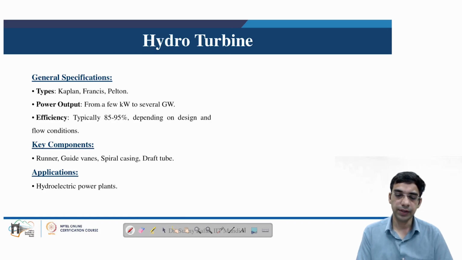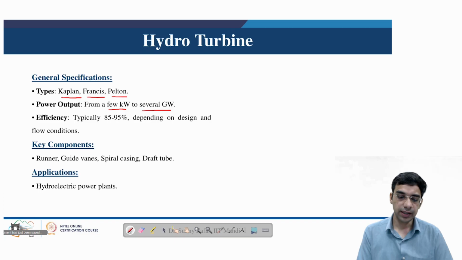Popularly in power generation systems, three types of hydro turbine are used, which include the Kaplan turbine, Francis turbine, and Pelton turbine. The Pelton turbine is the only turbine which is based on the impulse action of the flowing water, whereas the Kaplan and Francis turbines are based on the reactive action of the flowing water. The power output in these cases is generally from a few kilowatts to several gigawatts. But generally in any hydropower plant, it is not one turbine, there may be 4, 6 or more turbines operating. So the total power output may be in the order of gigawatts for any hydropower plant.